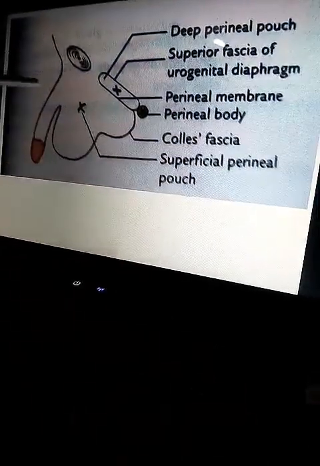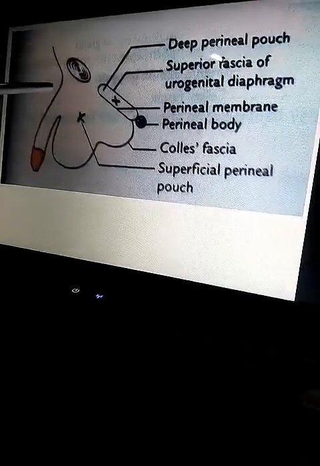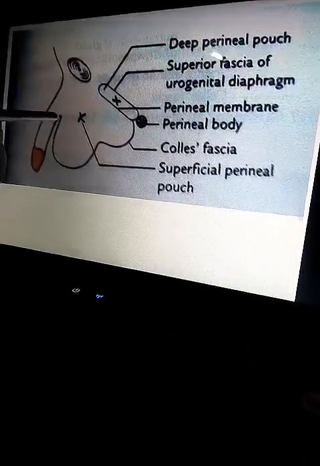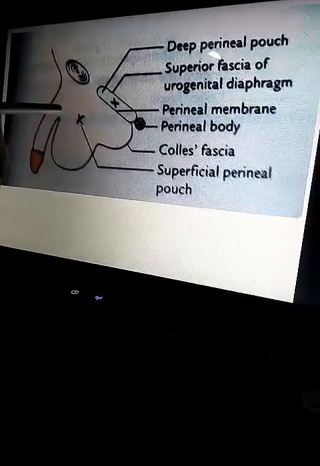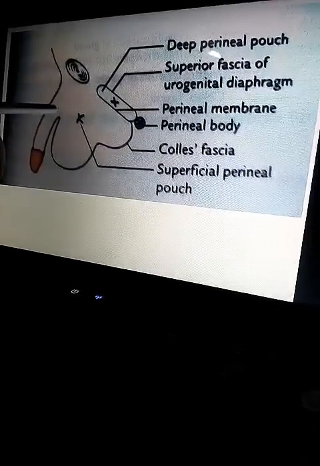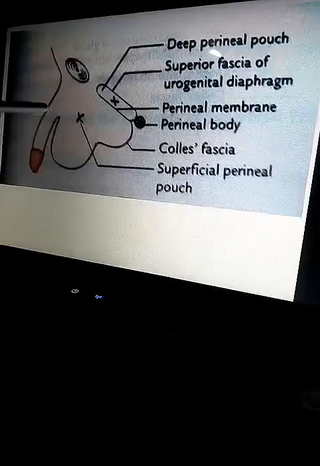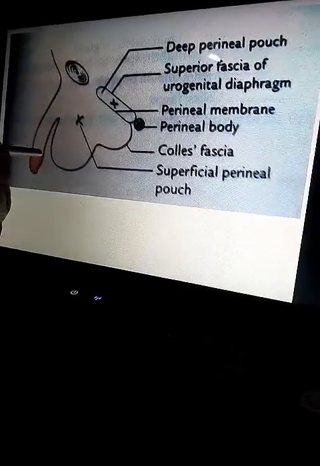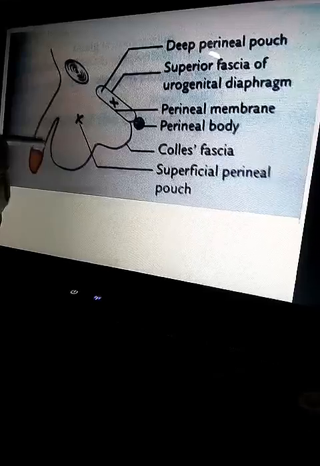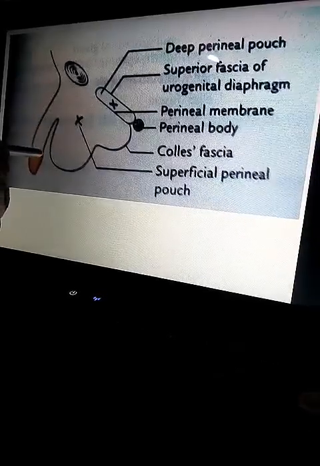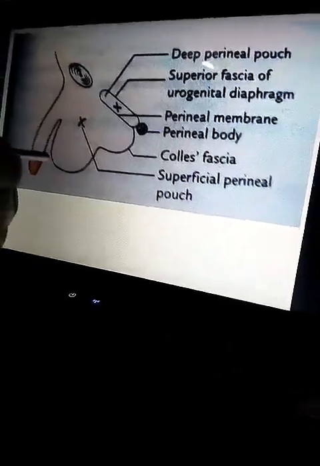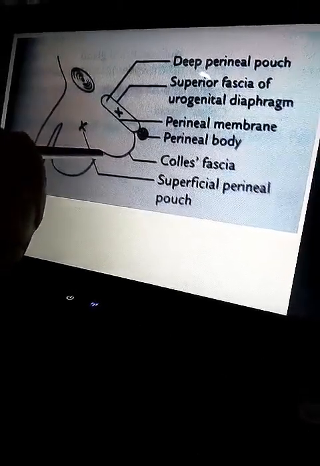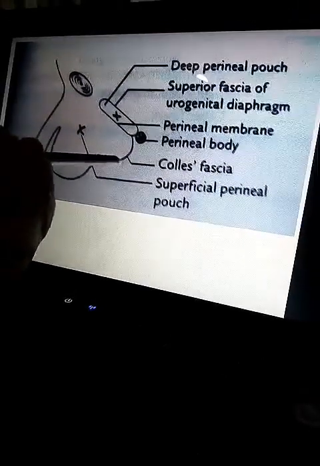Now the membranous layer of the superficial fascia of the abdomen, that is known as Scarpa's fascia, surrounds the penis as far as its neck to form the tube-like fascia of the penis. It also surrounds the scrotum, and finally in the perineum it fuses with the posterior edge of the